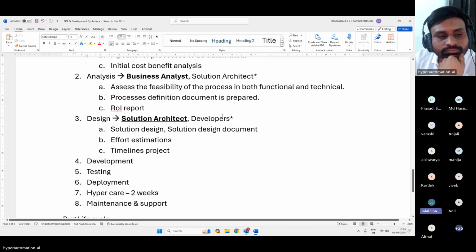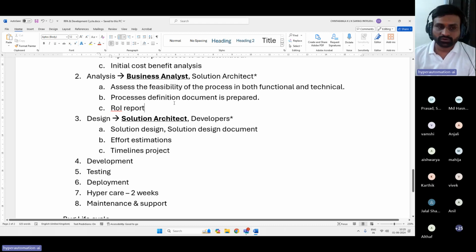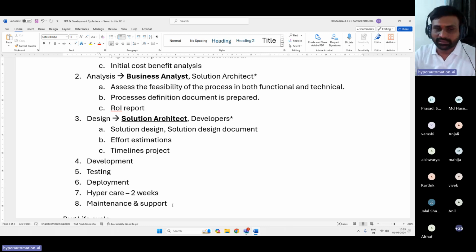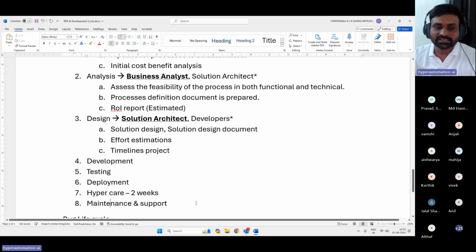I have a question on the ROI report. So we have the ROI report two times. What are the differences between these two? See, this is the overall ROI report which we are going to provide. But in the maintenance and support, we will not prepare an ROI report. We will present the ROI: how much savings you are making on your automation. This is an estimation report, assumed. You can say estimated. And whatever we are going to do in the maintenance is the reality, what is actually happening. Got my point? Okay. Yes, yes.